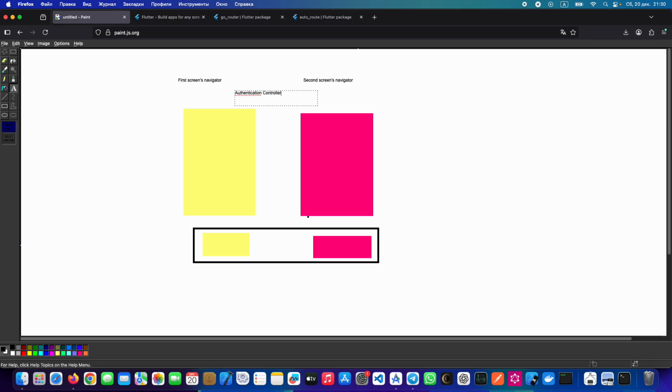Doesn't matter, bloc maybe, or maybe you can use a provider with a simple change notifier, something like